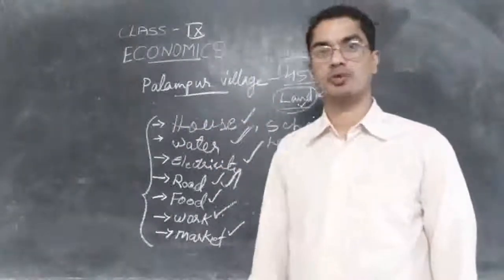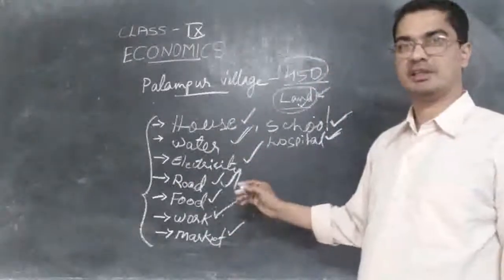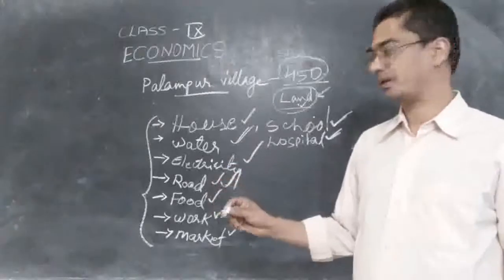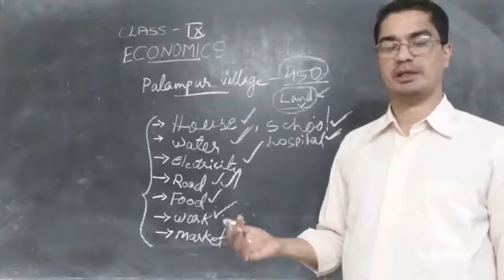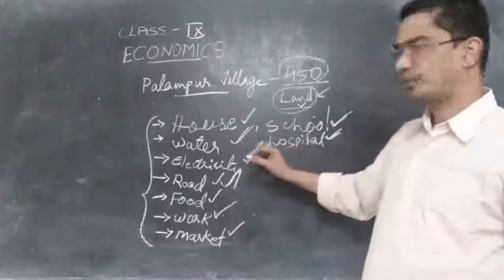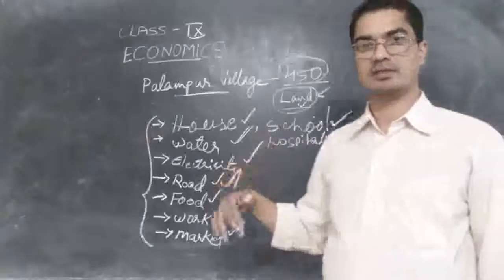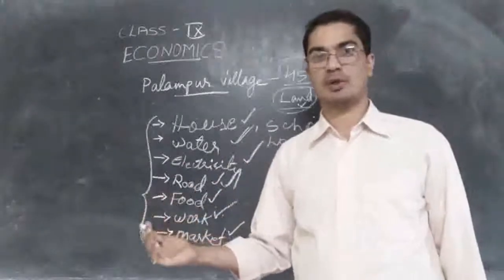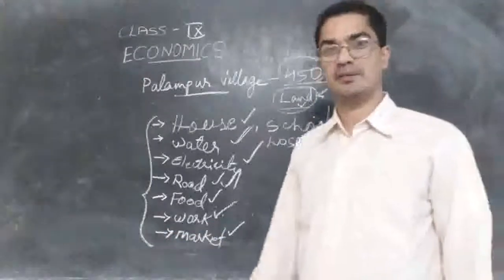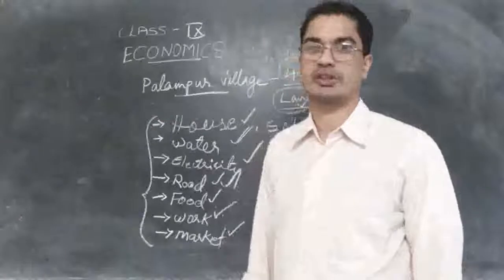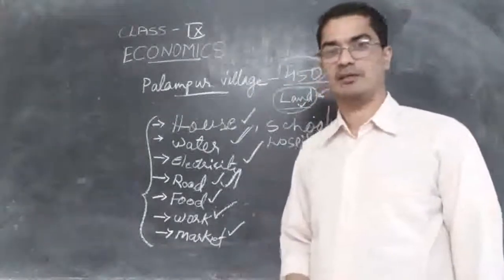And if you go to most villages, all these facilities may be there, but they may not be in good shape. That is what we find. The roads may be very bad, and the taxi facility may not be there. The market may be very small. The school building may be there, but sometimes animals, cows and goats, will be sleeping there, and in hospitals maybe only the building is there. No medicine available, no doctor available, and so on. So that is also the situation in some of our villages.